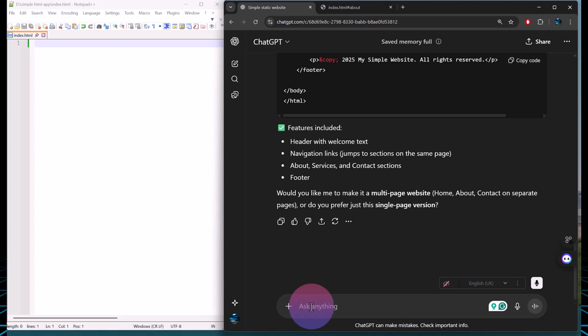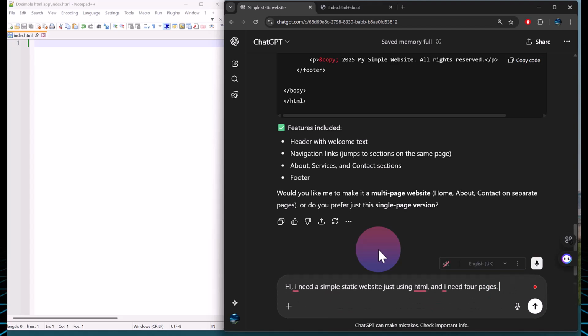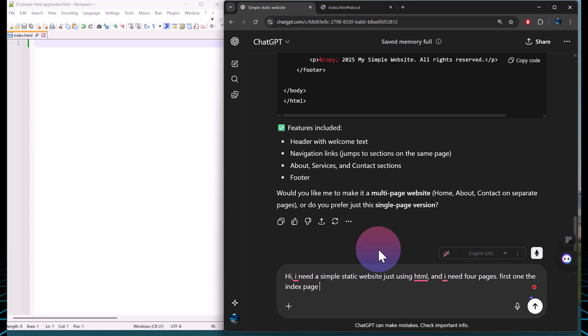Welcome. Today we will be using ChatGPT to make a very simple website. So we need a simple static website just using HTML, and I need 4 pages. First one, the index page containing